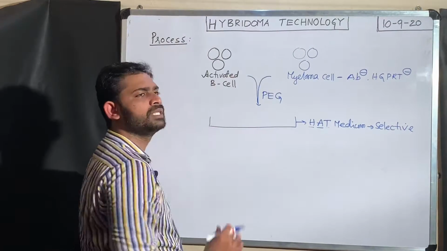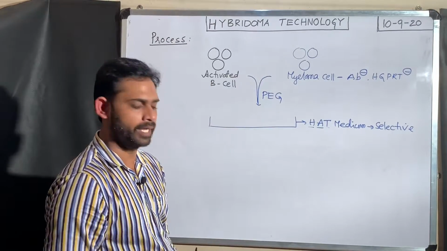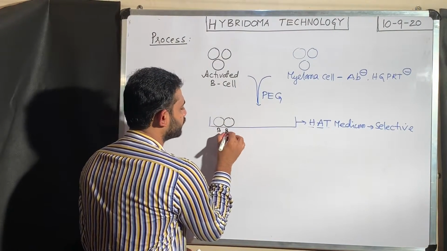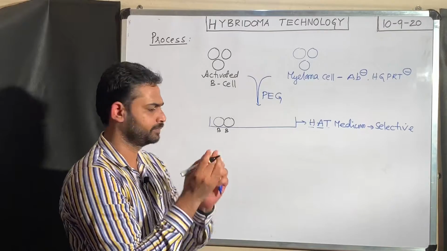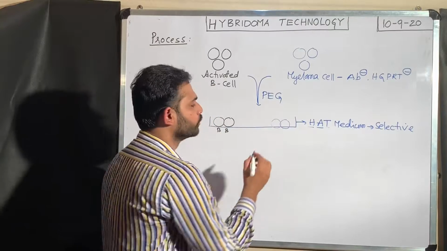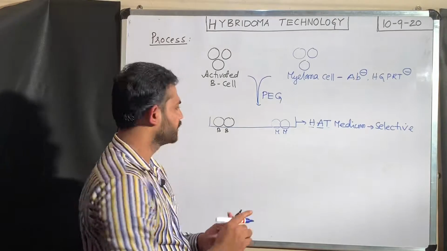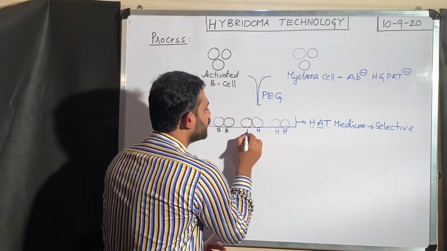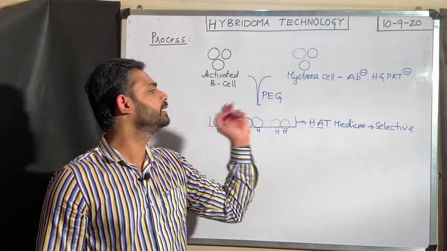Now, when we fuse these activated B lymphocytes and double mutant myeloma cells, there are three possible combinations. One is B lymphocyte combining with B lymphocyte. For your understanding, I am writing two cells, but these two cells together fuse into one cell. The next one is myeloma cell fusing with myeloma cell, MM. Here also one cell, but for your understanding, I am drawing two cells. The next is a myeloma cell that fuses with a B lymphocyte. There are three possibilities, and three hybrids are possible to form in this medium.